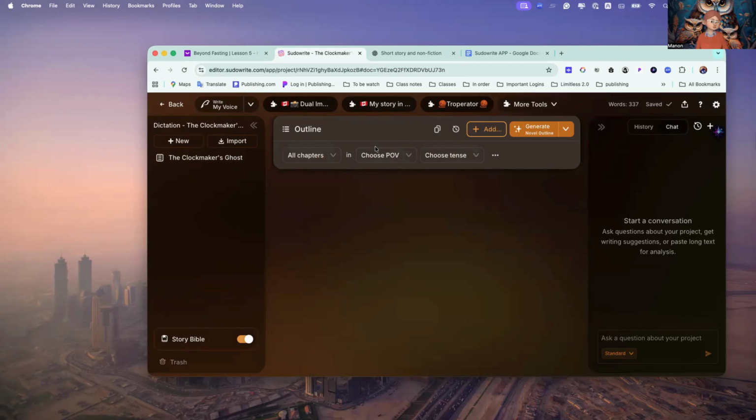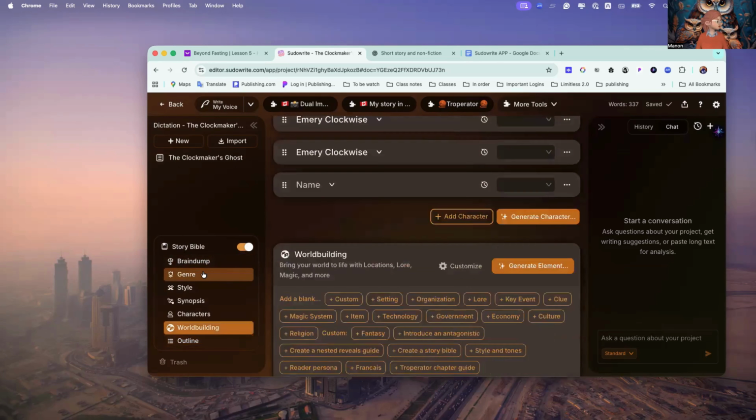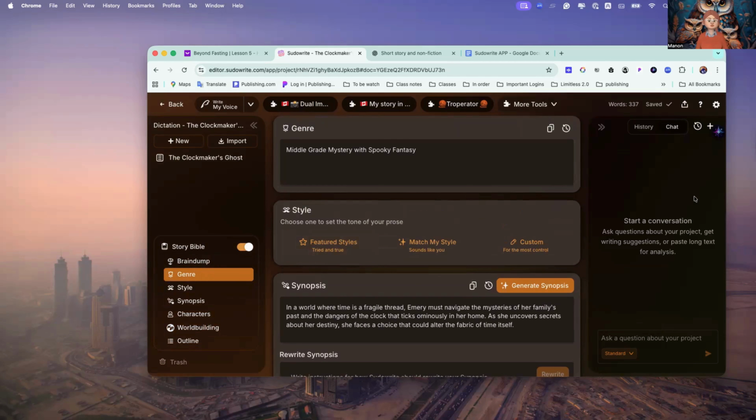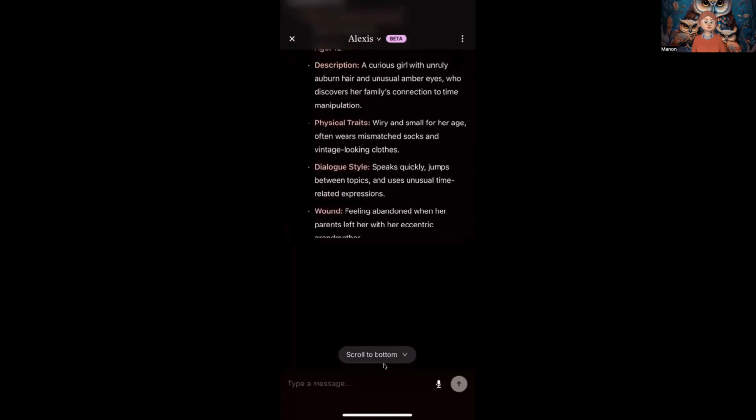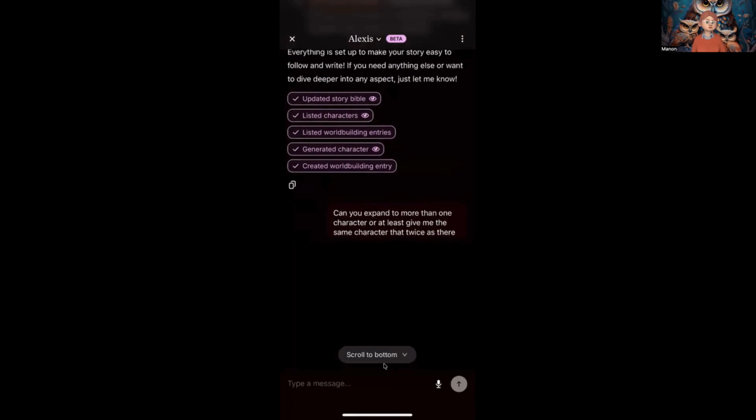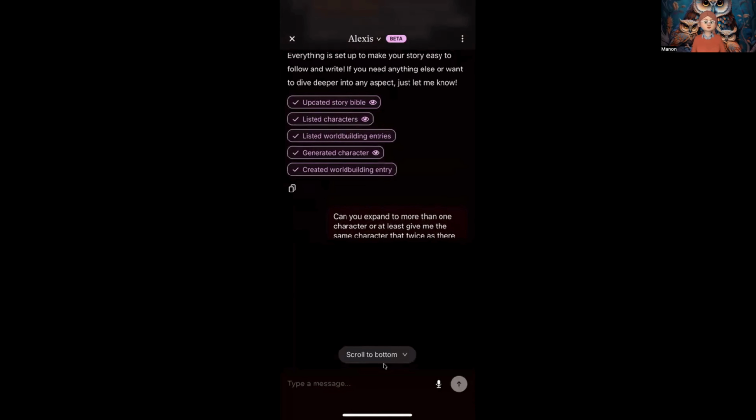The outline is a lot easier to do on the web itself here than on the cell phone. On the cell phone, it's going to do only one chapter at a time. So for some of you, it might be a very good way of working and things like that. So let's go back to our cell phone, see if we can get the rest of the information done. I'm going to have to switch things. So we have all our information here. So let's go check